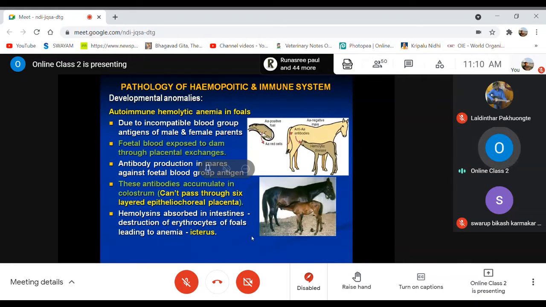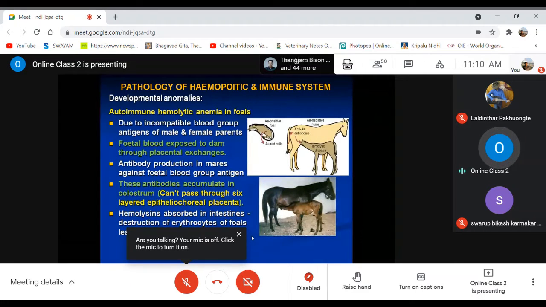So today we'll discuss the pathology of the hemopoietic and the immune system, after the last cardiovascular system. Under this hemopoietic and immune system, there are some developmental anomalies. One of the most important anomalies in this system is also concerned with your examination. In most examinations, sometimes in viva, or in the theory paper also,